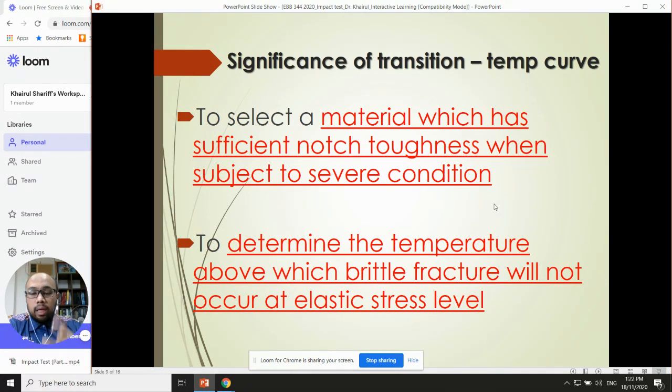impact test. Okay, I think that's all for now for part 2 of my video. In the latter part, I will cover the last part for the impact